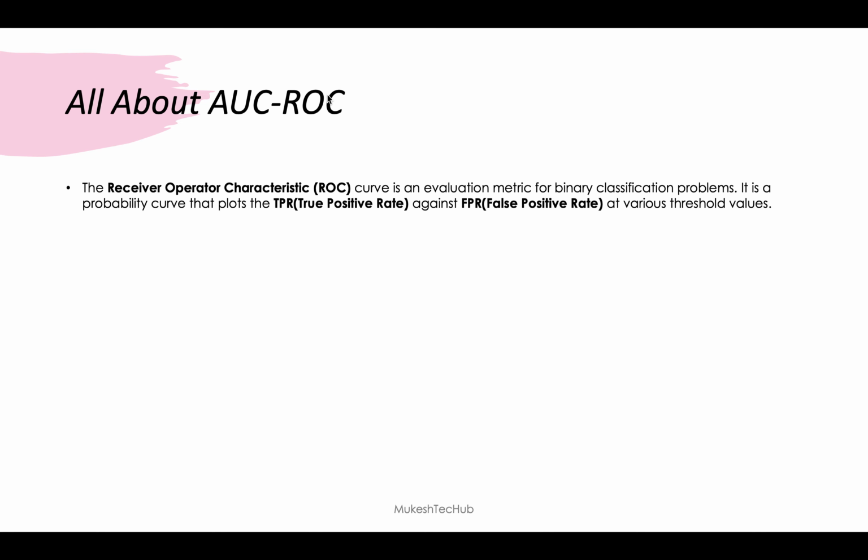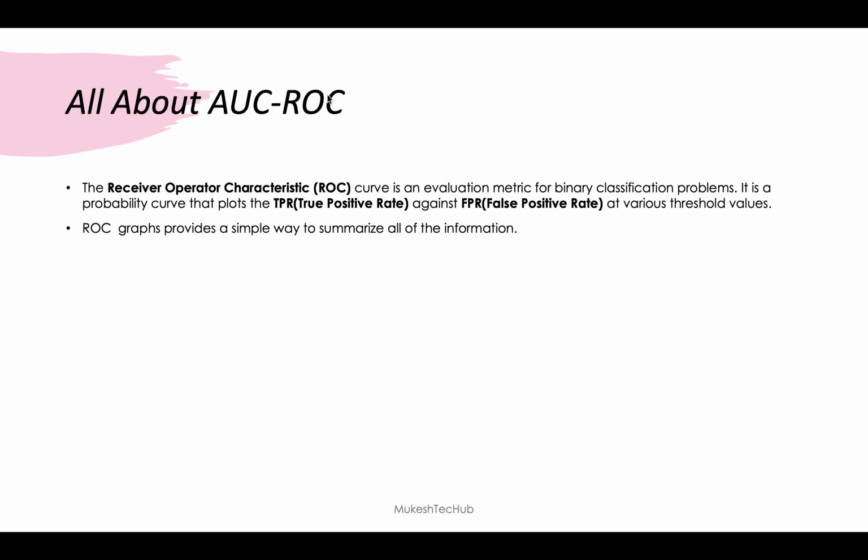The ROC graph has some parameters for drawing the probability graph. It draws the graph against TPR, that is the true positive rate, and against the false positive rate, and we need to set the threshold level. Guys, setting the threshold is very important, and we need to have multiple threshold levels. For every threshold level we calculate the TPR and FPR, and based on that we put the data points on our graph and connect the lines.